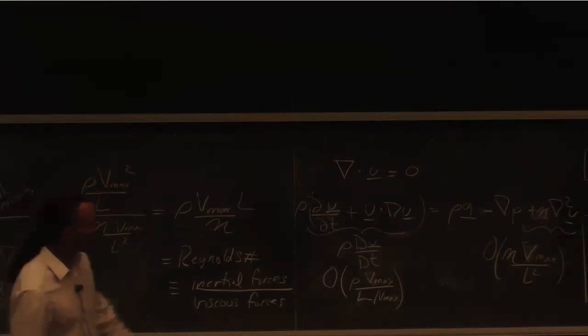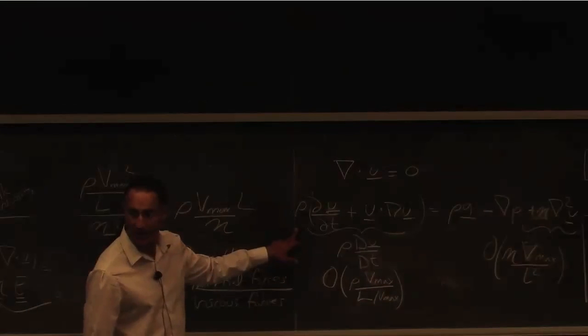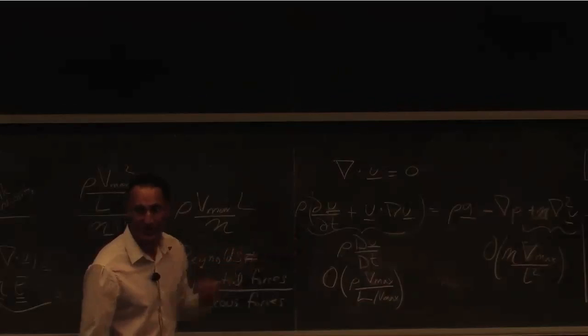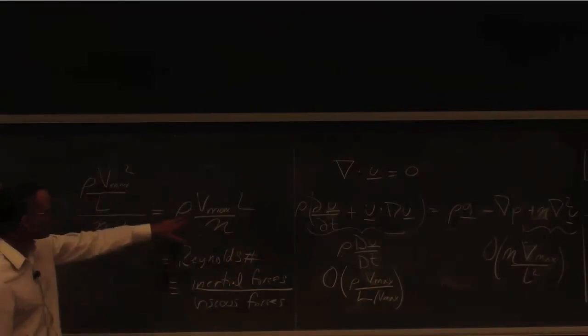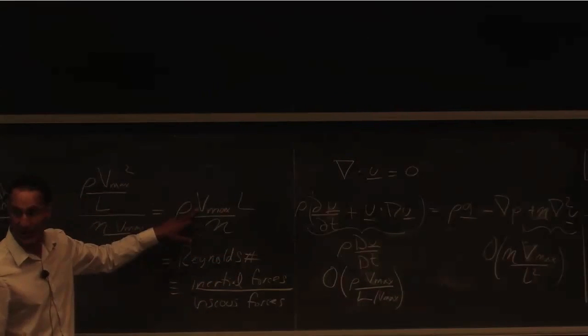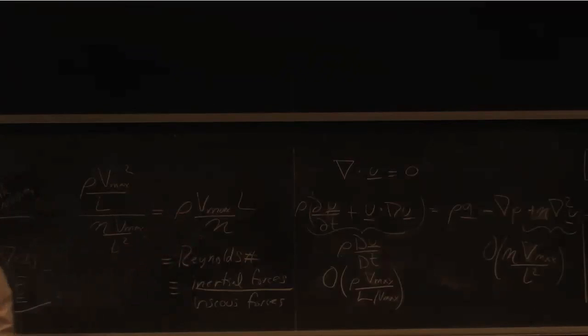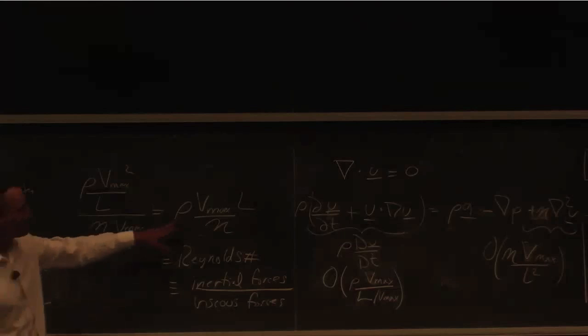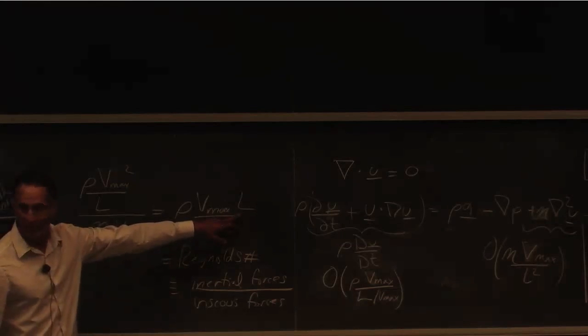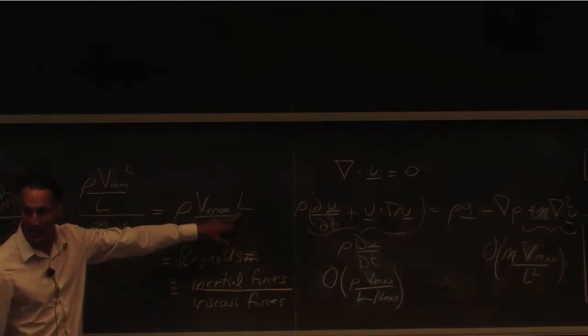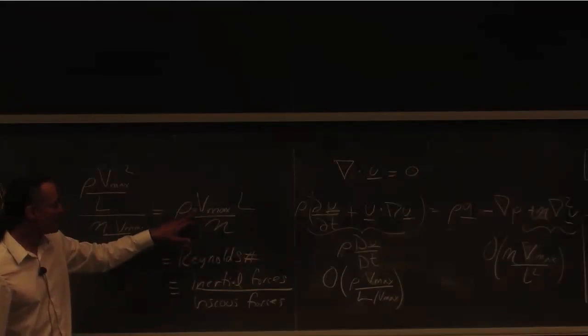If we know that in this equation the only variable is this Reynolds number, it tells us that if we change the speed by a factor of 2, that's equivalent to reducing the viscosity by a factor of 2. Everything's the same. So you don't need to solve a bazillion problems. You solve one problem for this given Reynolds number, and that tells us the relationship between changing length, changing speed,